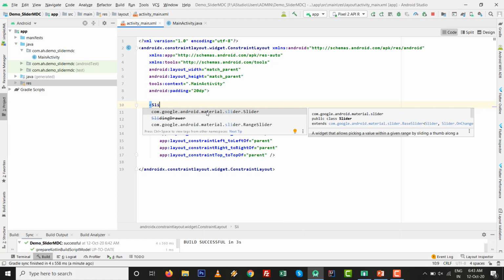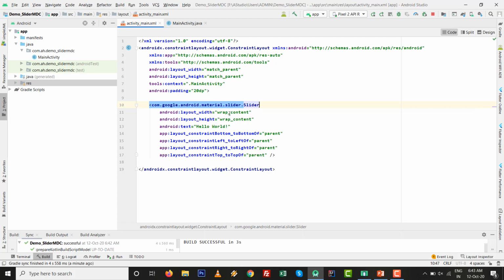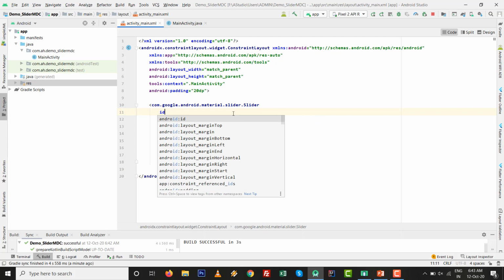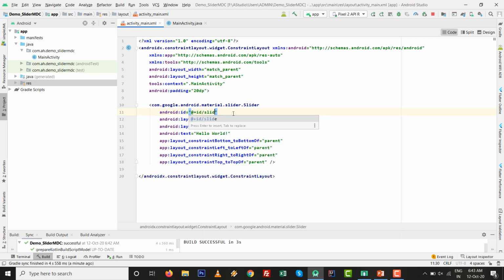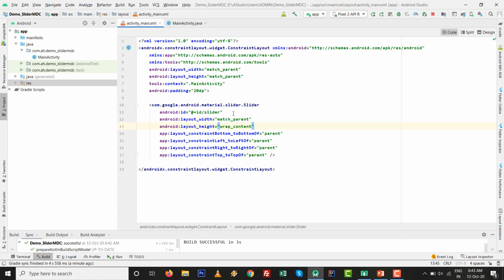See this one: com.google.android.material.slider.Slider is there. Give the ID, and make the layout width match parent. The ID I want to give is slider, and just remove the text. No text is needed right now.